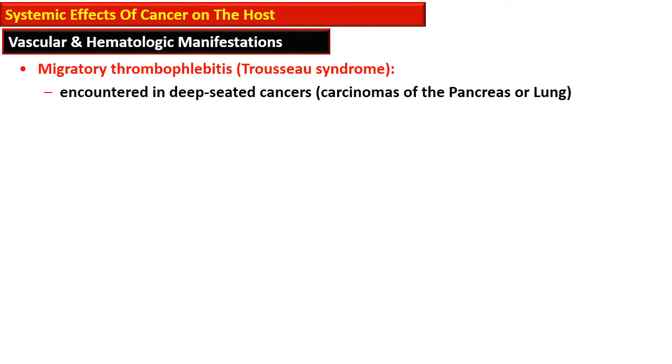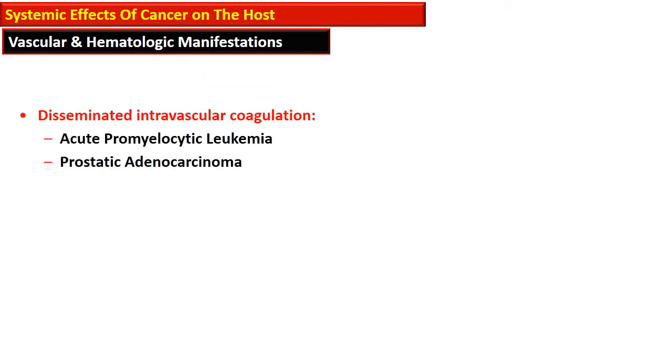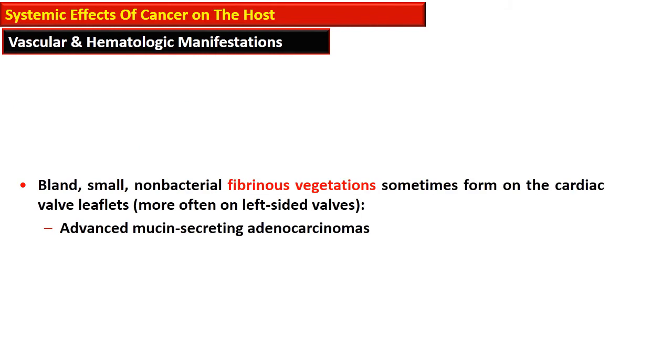There are some vascular and hematologic manifestations also. One of them is migratory thrombophlebitis, also termed Trousseau syndrome, and it is encountered in deep-seated cancers such as carcinoma of the pancreas or lung. Disseminated intravascular coagulation is associated with acute promyelocytic leukemia and prostatic adenocarcinoma, while bland, small, non-bacterial fibrinous vegetations sometimes also form on the cardiac valve leaflets, and these are more common on the left-sided valves, and are associated with